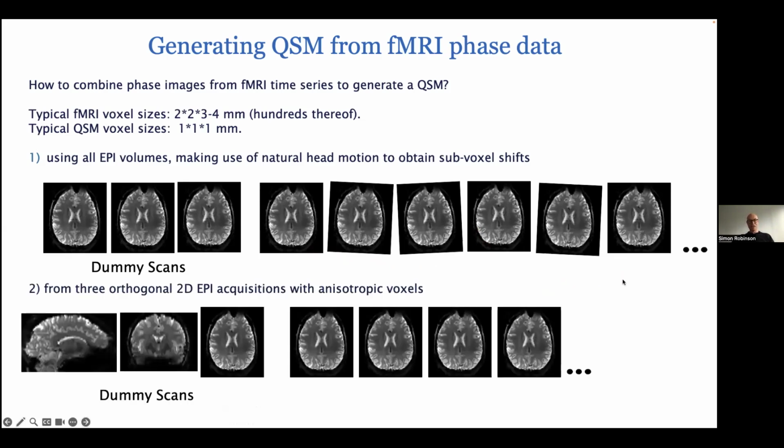So what we're doing here is replacing the dummy scans, which would conventionally be all in the same plane as the fMRI time series itself, with dummy scans in 3 orthogonal orientations, so in sagittal, coronal, and transverse. And that obviously gives us a lot of through-plane information,